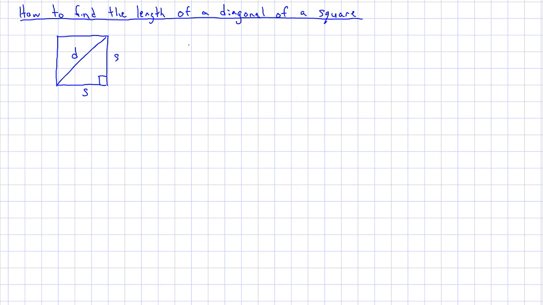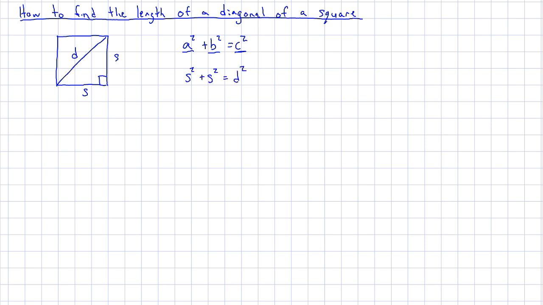So the Pythagorean theorem is that a squared plus b squared equals c squared. Many students have seen this before. A and B are the legs of the triangle, where C is the hypotenuse, meaning it's the length that is opposite the right angle. So I can rewrite this: the side length squared plus the side length squared equals